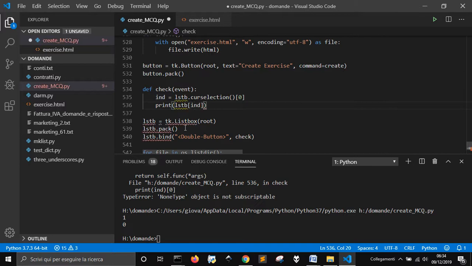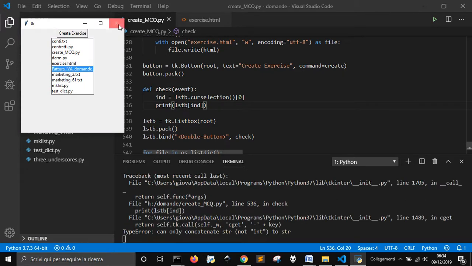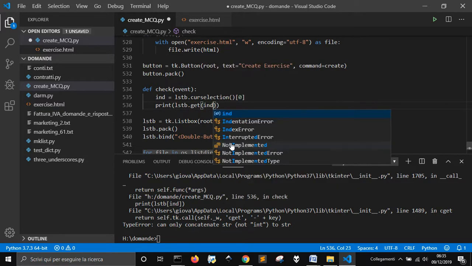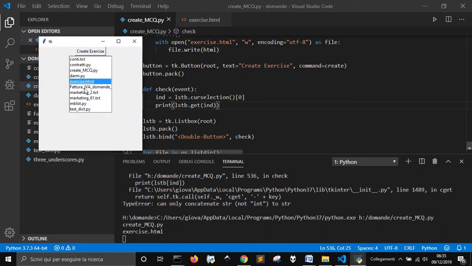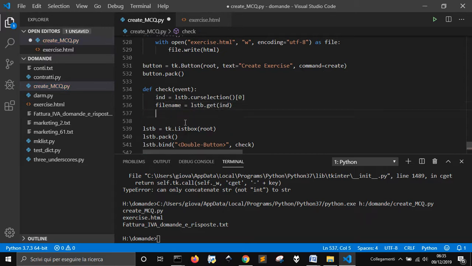Let me see if this will get me what I need, the name of the... No, I have to .get ind. Maybe this is better. Yes, this is the name of the file. So file is equal to this file name. So now I want to open file name,